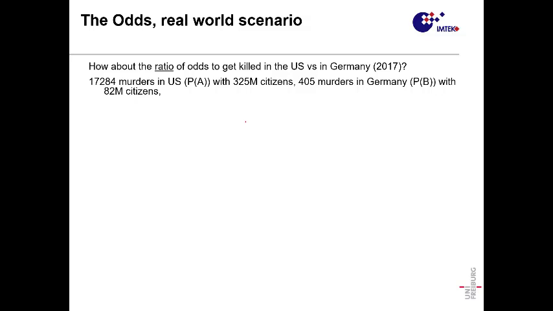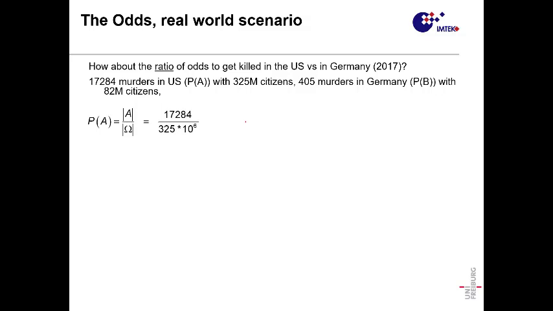Then you see in Germany, 405 people have been murdered, with a population of 82 million. So, yeah, it's hard to grasp. If you go to that, you say, well, yeah, they have more people, more chances to be dead, I guess. But you don't really know. You could do a ratio there, but it's not so straightforward. So then we can use our probability and use our odds, right?